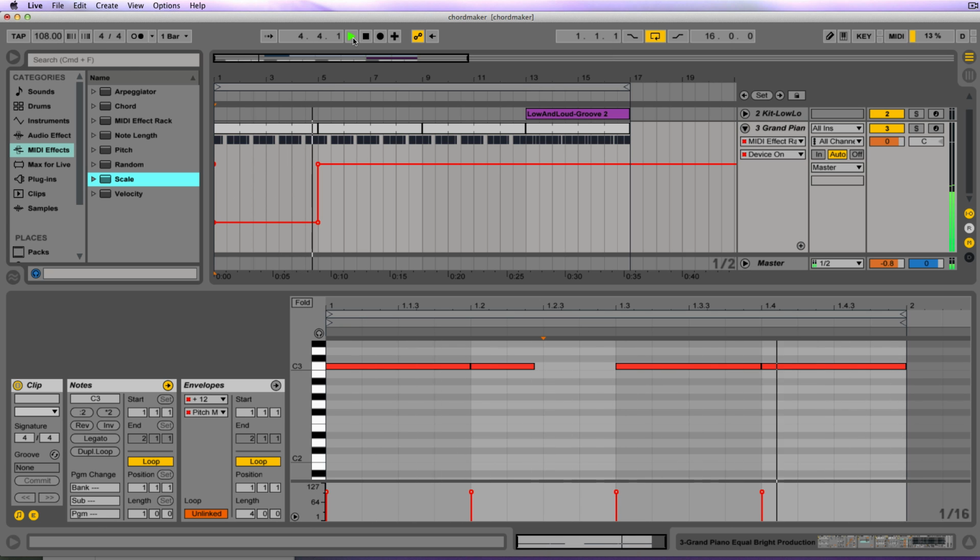Boring, boring. Not so boring. And then the big build. Okay, so it sounds like I've got a lot of crazy piano stuff going on there,